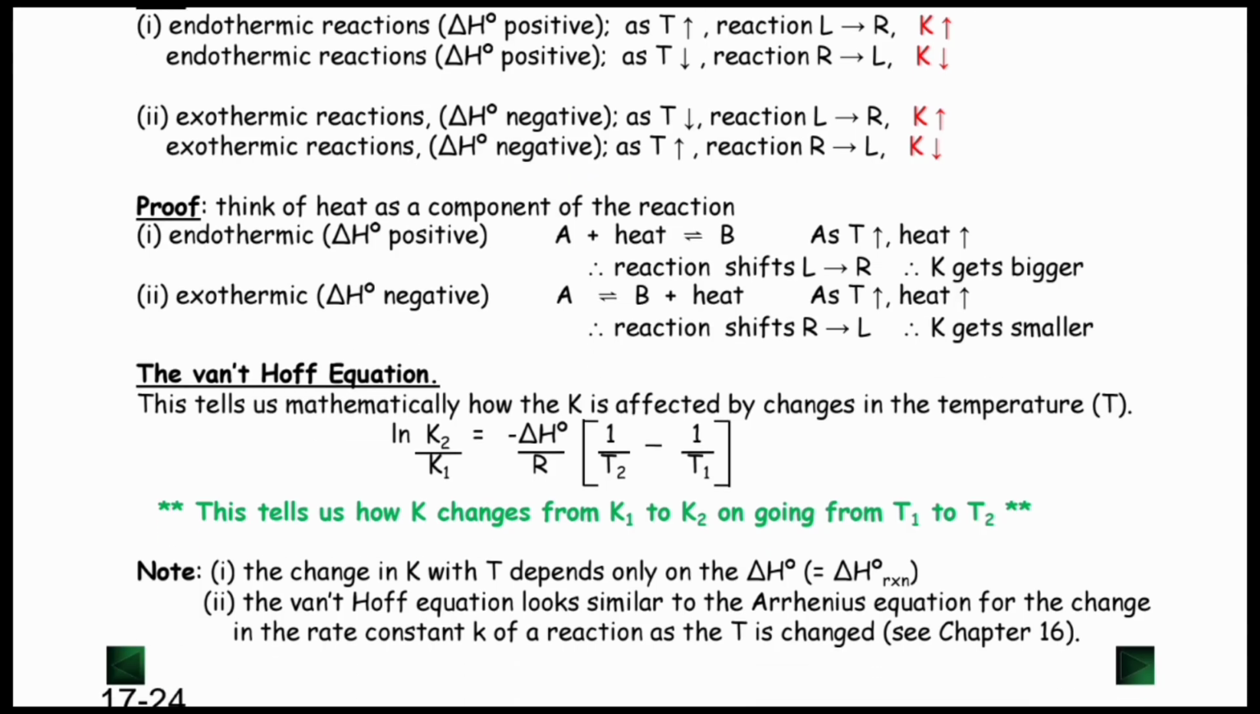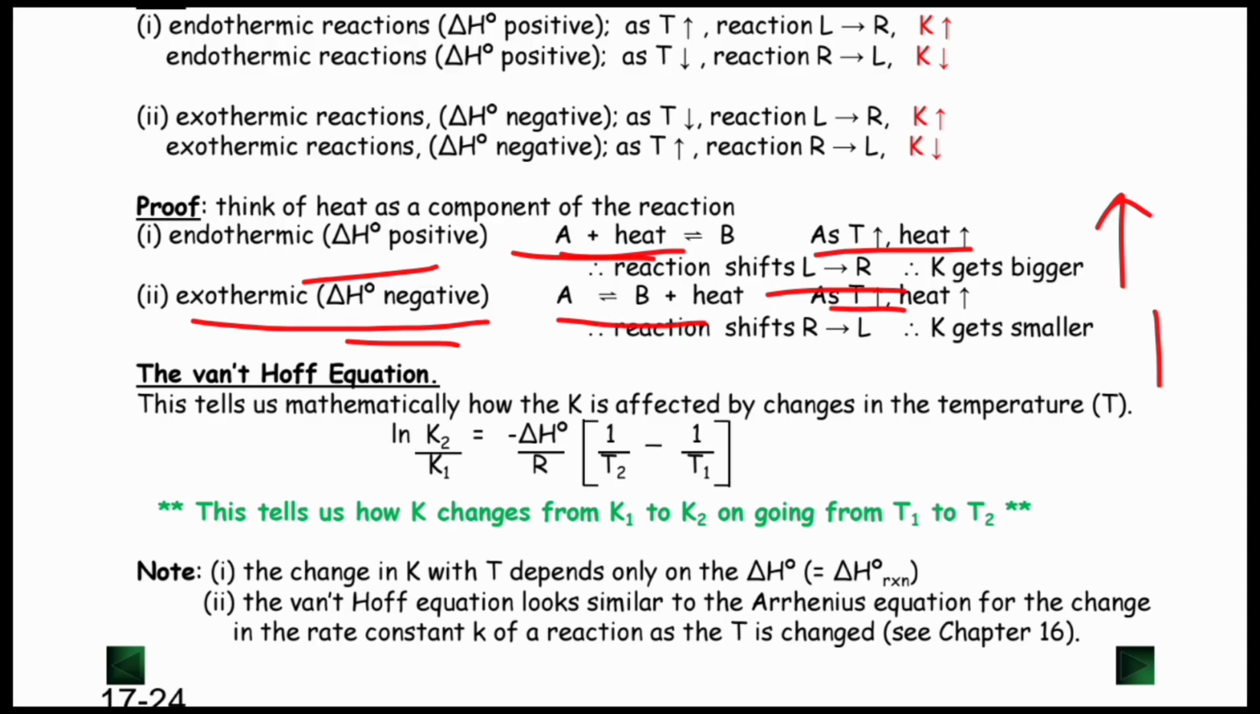Think of heat as a component of the reaction. Endothermic: A plus heat gives B. Temperature increases, heat increases, the reaction shifts from left to right, K increases, okay. In exothermic reactions, heat is released, but in endothermic reactions heat is added. So for exothermic, when temperature increases, heat increases, the reaction moves from right to left, and K gets smaller,